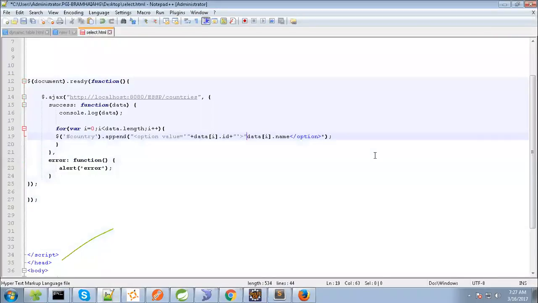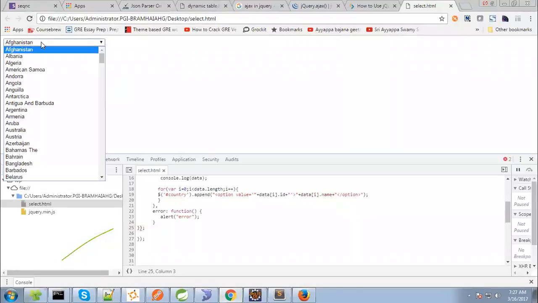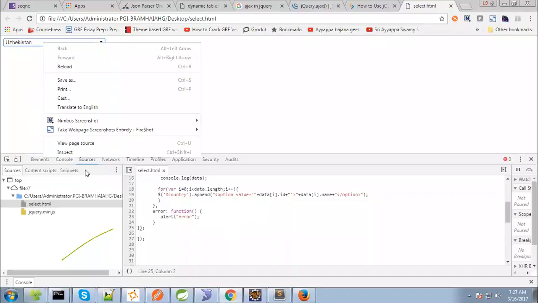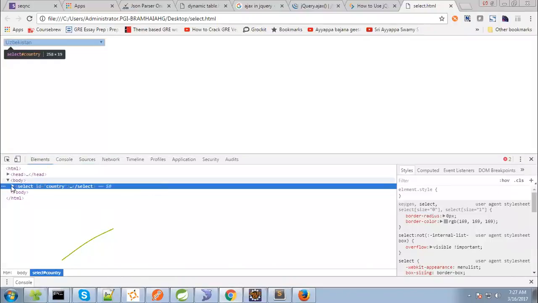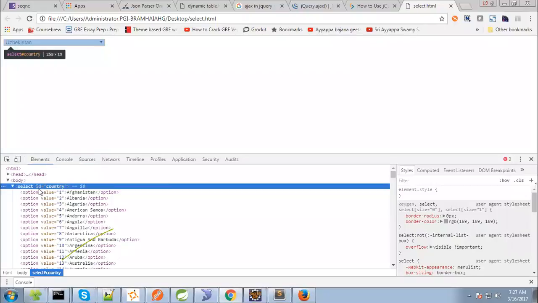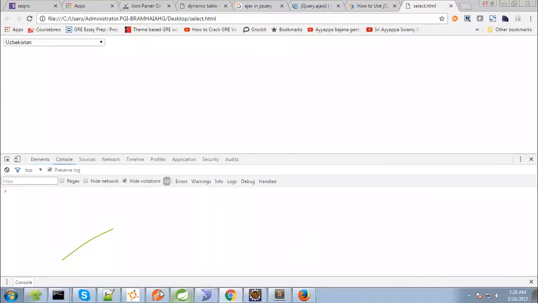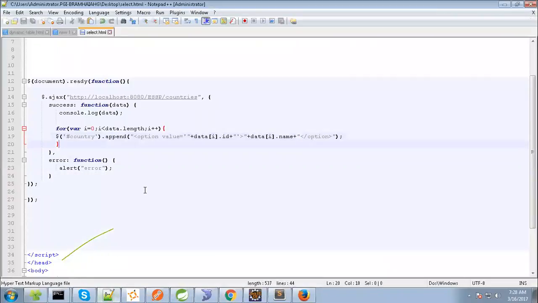Here we need to add dynamically. Forgot to concatenate. Now you can see, right, the list of countries in the select box. Now my requirement is, when I select one of the countries from this box, I need to pass the value to get states. For that I'm again